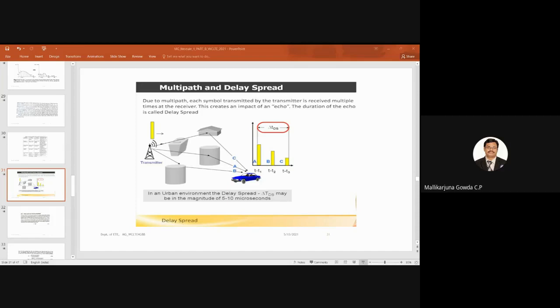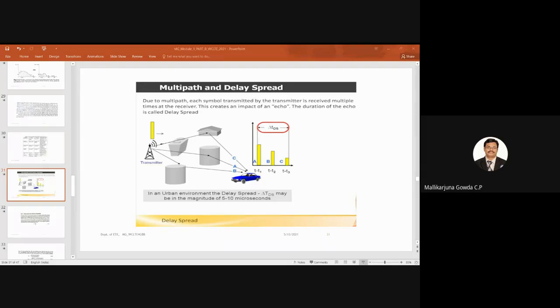of time with a different magnitude, because the channel is time varying. So there will be a change in the impulse response of the channel. Because of that, there will be variations in the magnitude of the received signal also, because there will be attenuation. Hope you are able to understand this point.